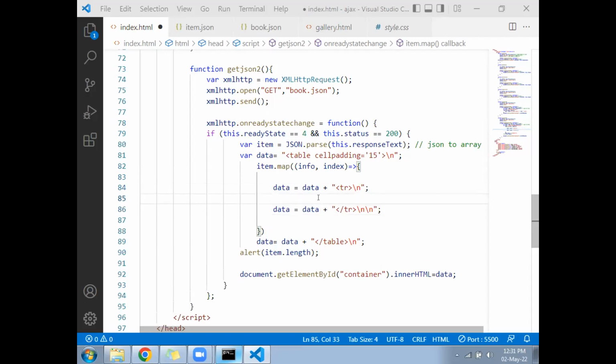Now we have to generate the TD. We will be doing console.log to understand what is happening. Data equal to data plus open the TD. And here you add the info.name plus close the TD. Close the TD. Again,